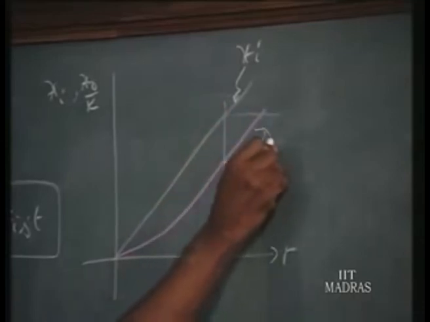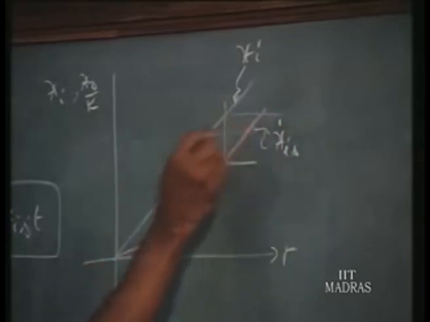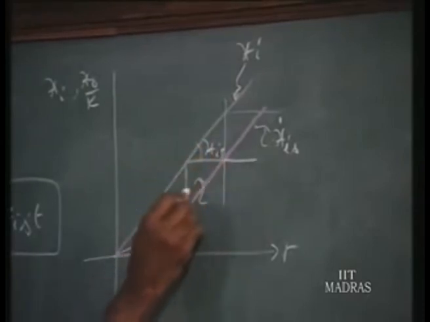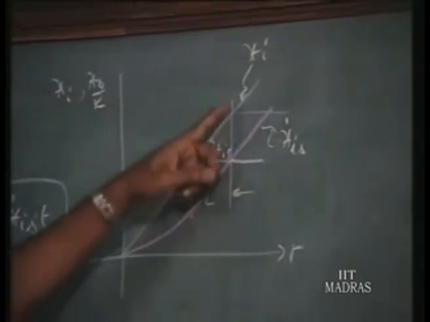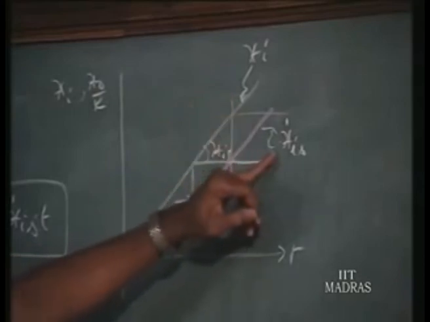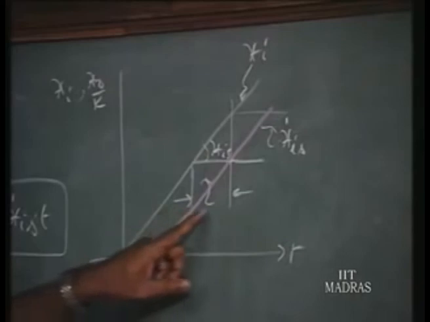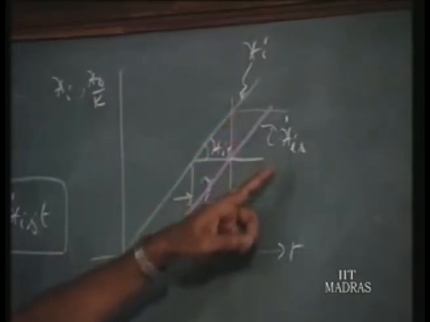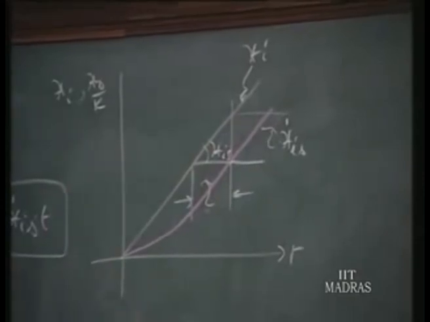Tau into xis dot is our steady state error. The slope is always xis dot, and the steady state time lag is equal to tau. That's why you get this ordinate on this side: tau into xis dot divided by tau will give the slope. That is how we get it. Steady state time lag is tau in a first order instrument, and steady state error is tau into xis dot. This is the inference we get. That is for the ramp response.